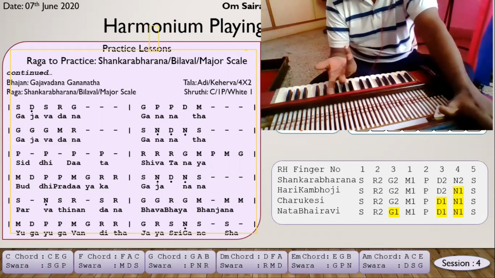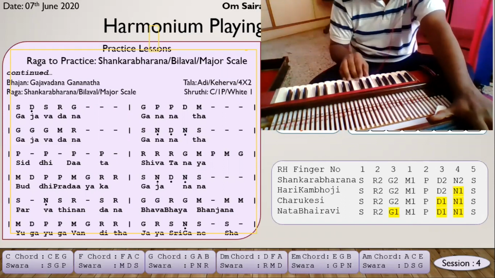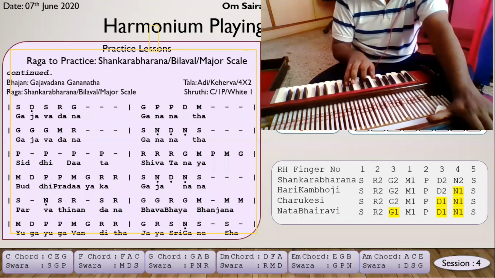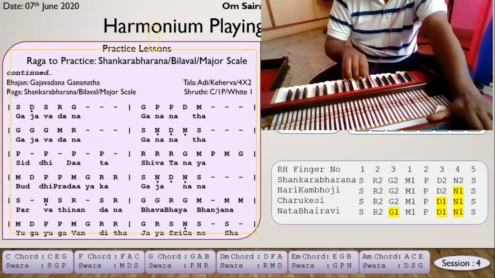So you don't have to play the notes itself. You don't even have to play the notes. If you know the chords, you can completely manage. Nobody will come to know that you've managed. They'll think you're an expert harmonium player. If you know how to play chords, you can manage the bhajan beautifully. Okay. Again. Pa, pa. So come to this chord section only after learning how to play the swaras. Pa, pa, pa, pa. Re, re, re, ga. Re, re, re, ga, ma. So re, re, ga, ma, pa, ma, ga.